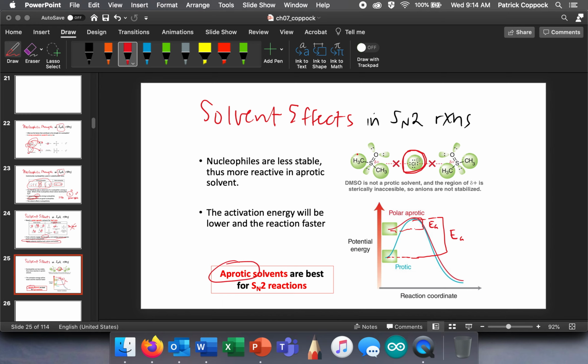since this DMSO, here's an example of DMSO, is aprotic, it doesn't stabilize the anions very well, and therefore, since it doesn't stabilize the anions very well, the potential energy of the reactants is higher, which makes a lower activation energy, right? You see that? Because it brings the energy of this. In other words, they're already sort of unstable, and they're ready to just fall over that hump. Okay, so the lower activation energy makes that reaction much faster,